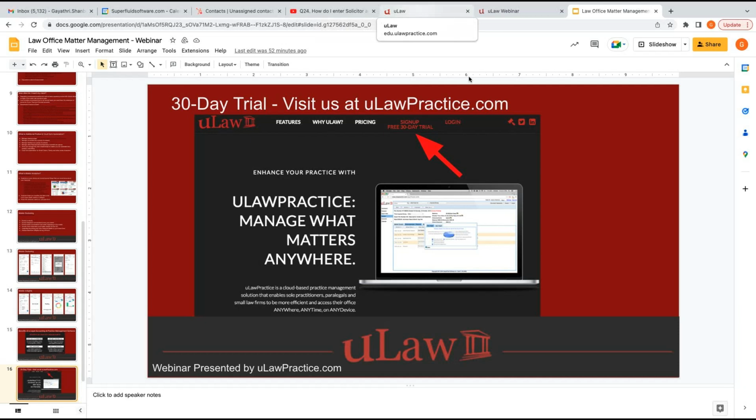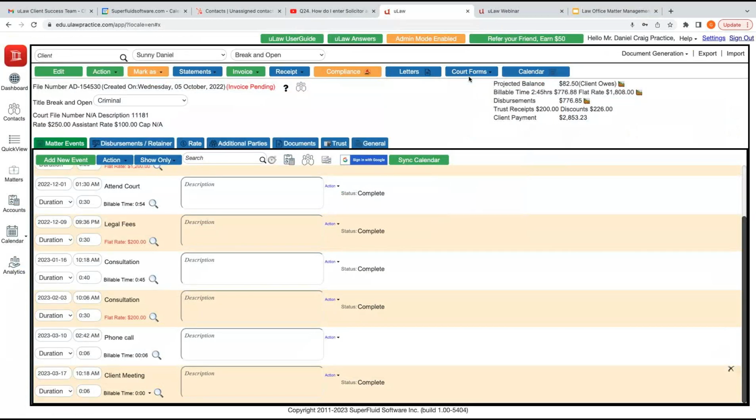I have about 10 to 15 minutes, which I'd like to use towards showing you all the necessary matter management that we were talking about, the necessary documents that you'd all need to have for better practice management. Now, before I go ahead, I have quite a few chats that I see here. I would love to